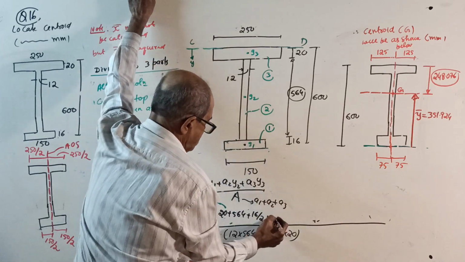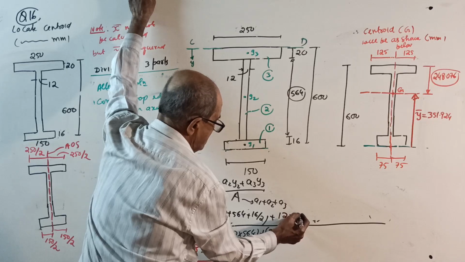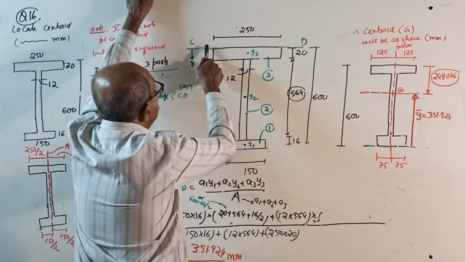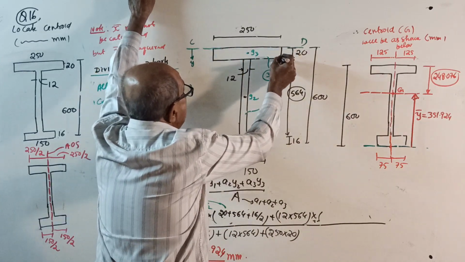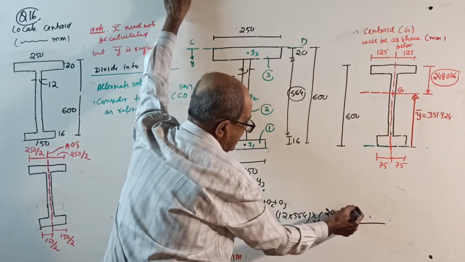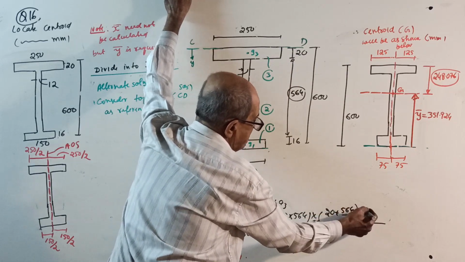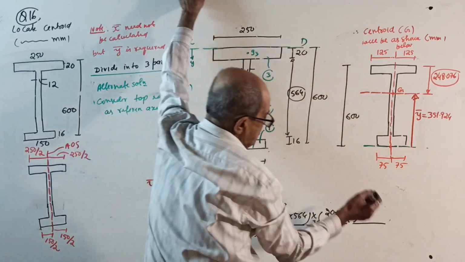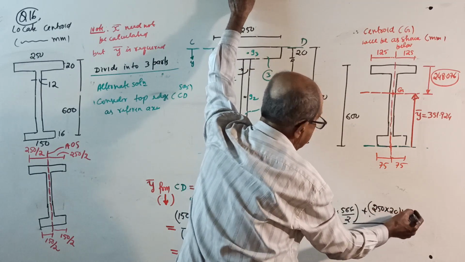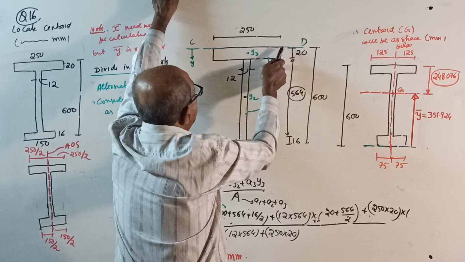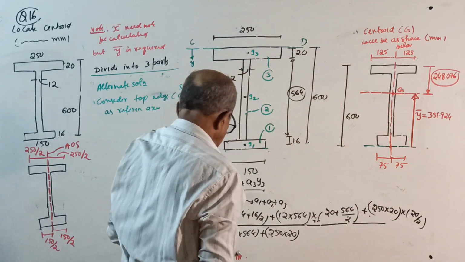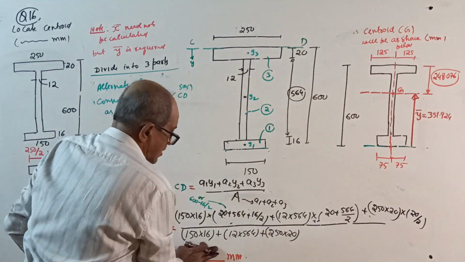A2, 12 into 564, into its centroid from the top edge: 20 plus 564 by 2. If this is not clear, I cannot tell anything. Plus A3, 250 by 20, the last area, into its centroid from the top edge, which is directly 20 by 2. Divide by A1 plus A2 plus A3, your y bar will come